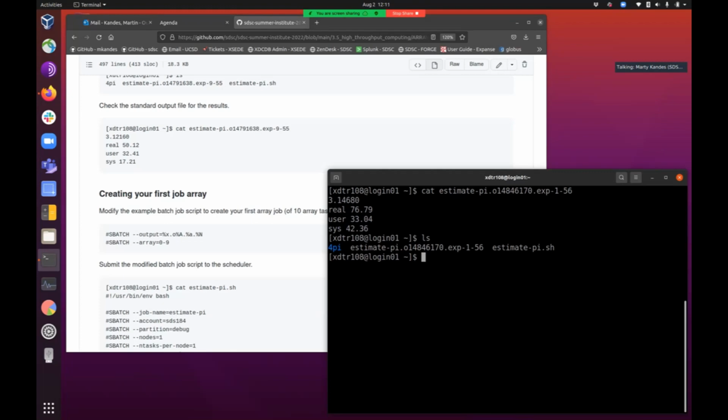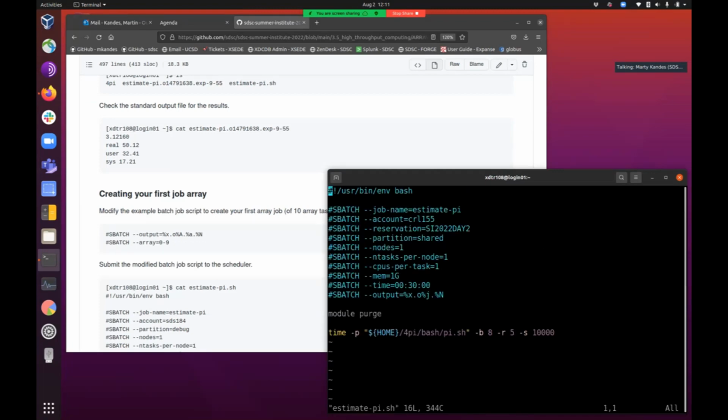just because here we have different random inputs, every simulation is independent and different, but it gives us another estimate of the thing that we're looking for, right? And maybe then you'll want to eventually combine those results from many of those simulations. So we're using this as our stand-in fancy Monte Carlo program. It's very simple, but what if we wanted to run, say, 10 versions of it, right? That's what this first create your first job array